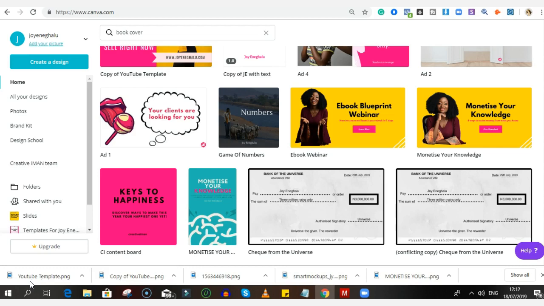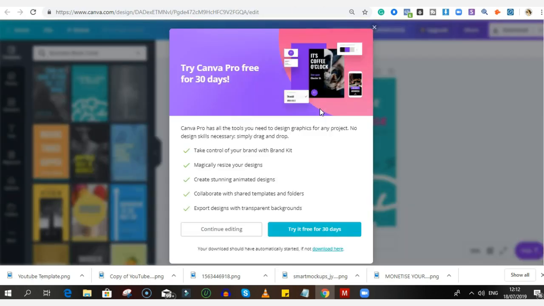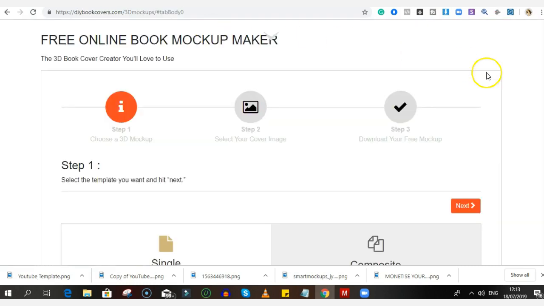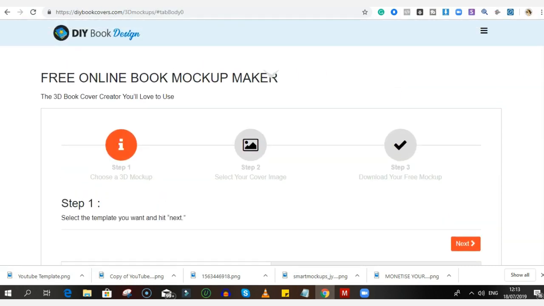So, the first thing you have to do is design a book cover on Canva, and when you're done, you go ahead and upload it. So here we have a book cover that is already designed and we downloaded it already. So with this book cover, the next thing you have to do is to go to this website called